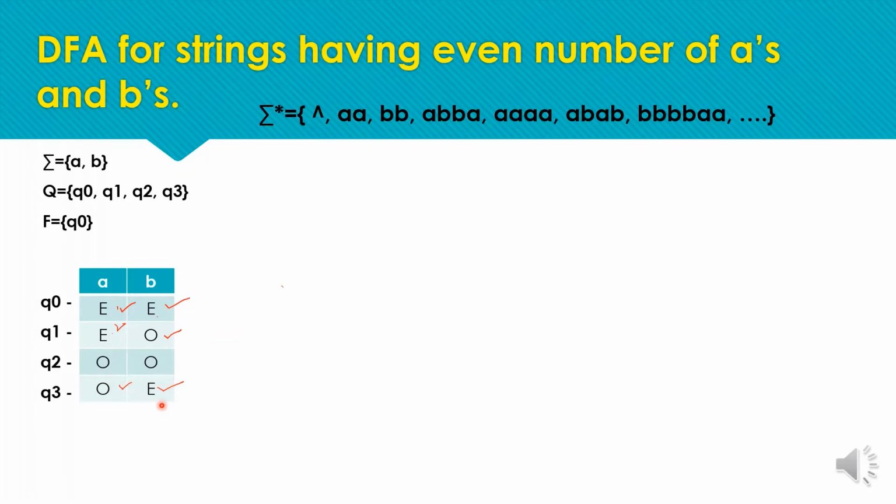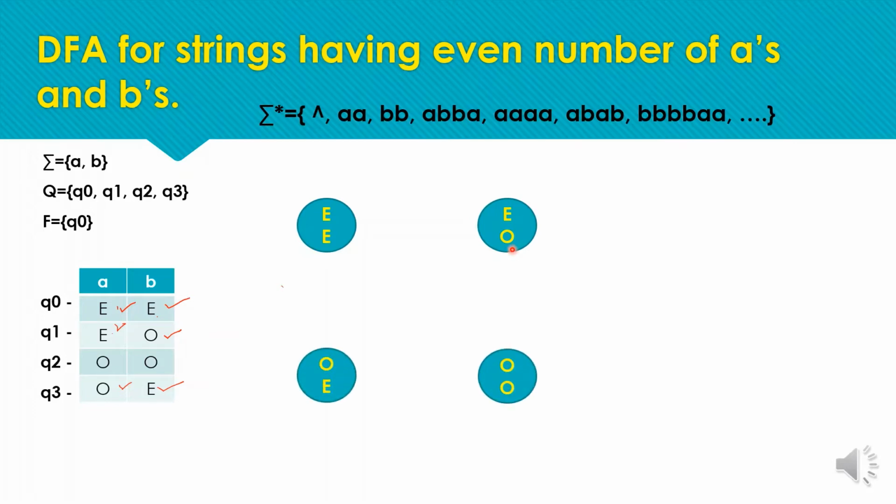Okay, so for the ease of construction, we can name all the states with these pattern names because these names can help us to form the solution. Like this, the initial state is marked with the first pattern, even number of A's. The first E represents the number of A's and the second letter represents the number of B's. So even number of A's and even number of B's, and the second required state is even number of A's and odd number of B's. Same way we define the 4 states.